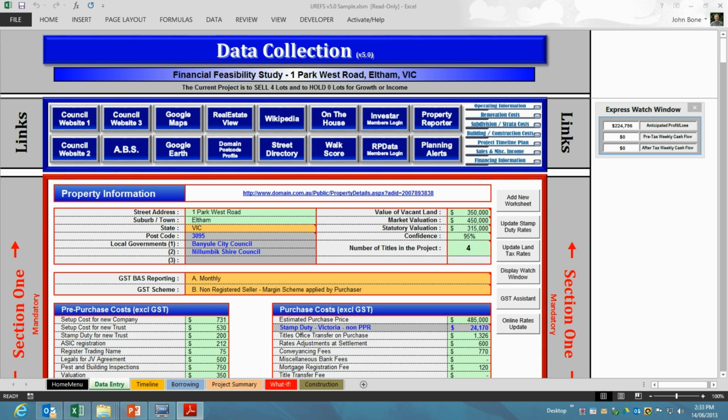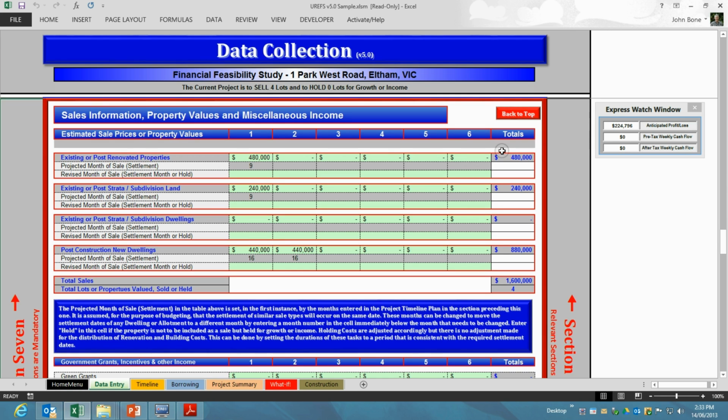The next section on the data entry sheet is used to specify all of the sales information, property values, miscellaneous income, and sales cost, and is mandatory for all projects. In the first part we need to specify the estimated sale price, or the end value of all of the